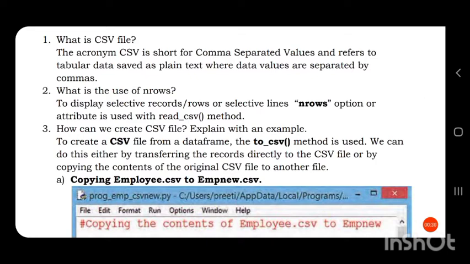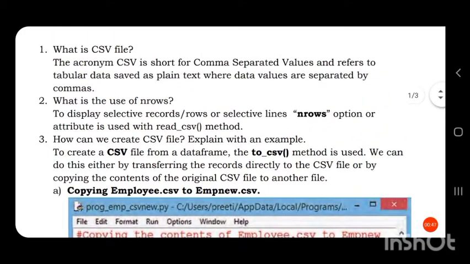The acronym CSV is short for comma separated values and refers to tabular data saved as plain text where data values are separated by commas. CSV stands for comma separated values, not variables.